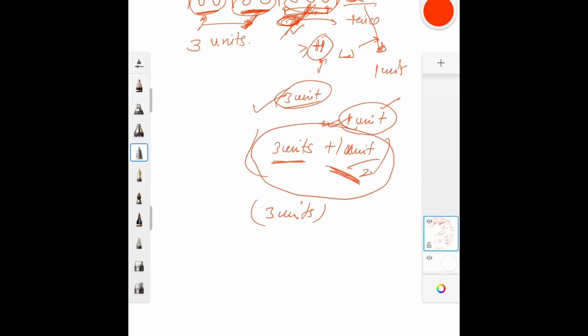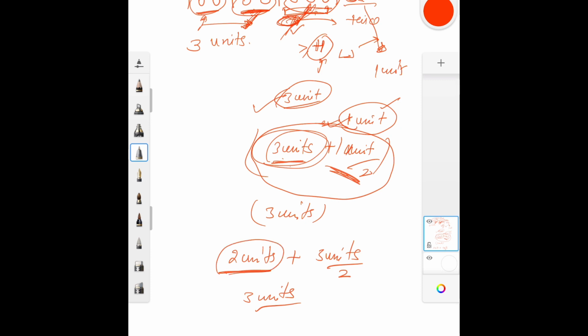Now again, going forward, you see that currently you have 3 units. Now you are over here. So your first option says 2 units plus whatever you had in the past, divided by 2 of that, right? The other option is you just skip these 2 units. In that case, your past score will continue, so you will still have 3, or you opt for this and skip the past, which is not required at all.